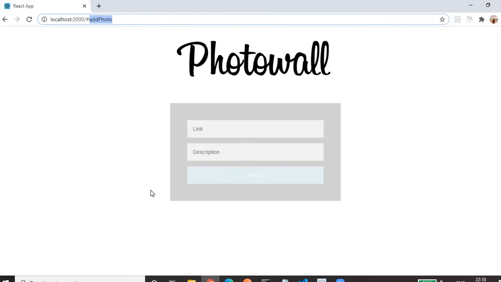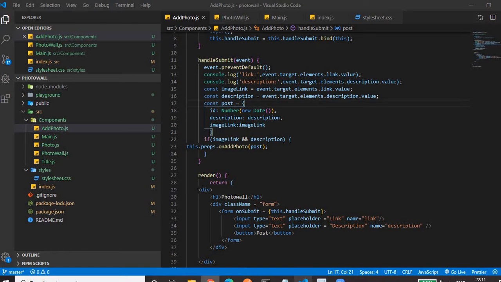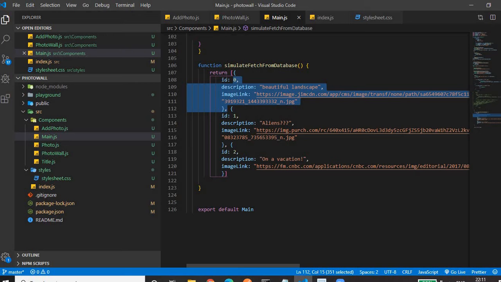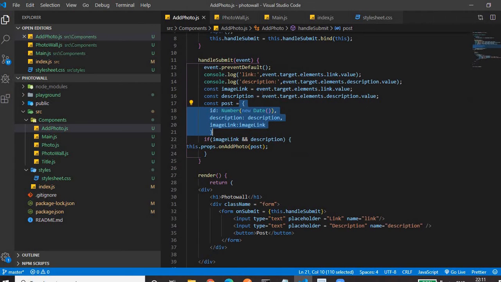On click of post, we need to change the array so that this new photo will get added. For that we have to create a similar object as that in main.js, so that it will be pushed to this array.